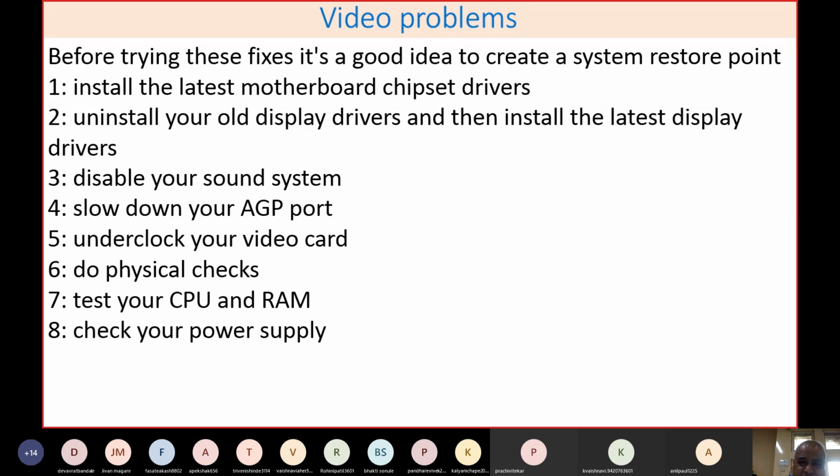Most of the time you have CDs available with the chipset drivers. Nowadays there are no CDs that come with computers, but these chipset drivers are available on the websites of the respective manufacturers, which you can download and immediately install or update.